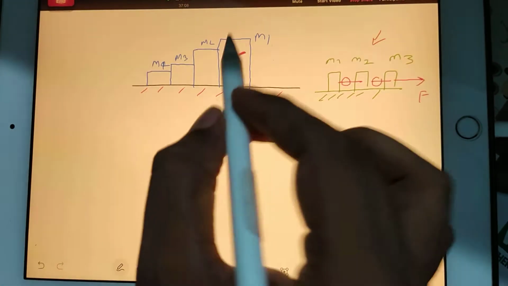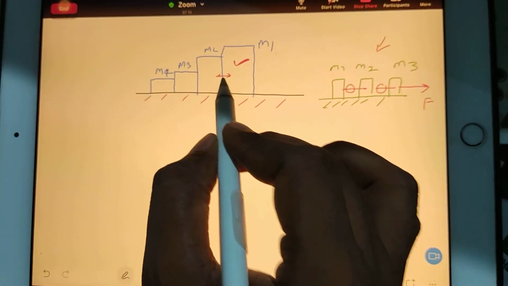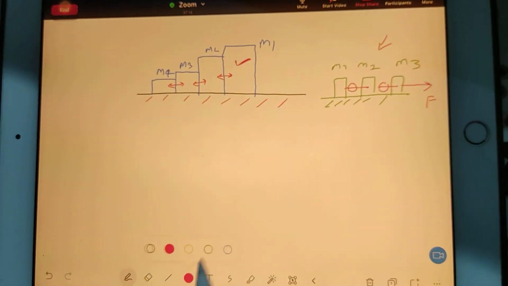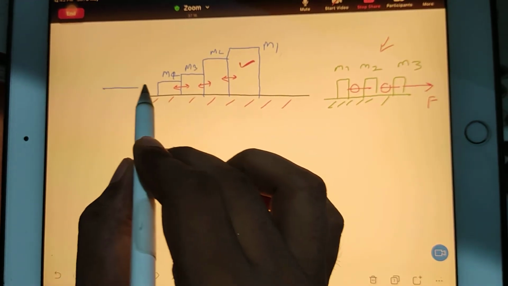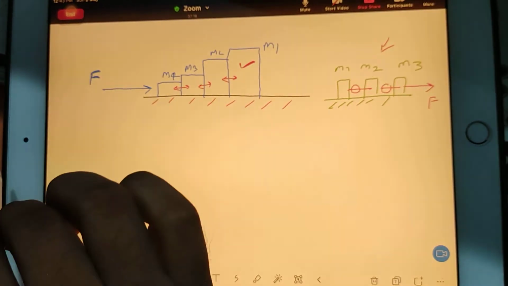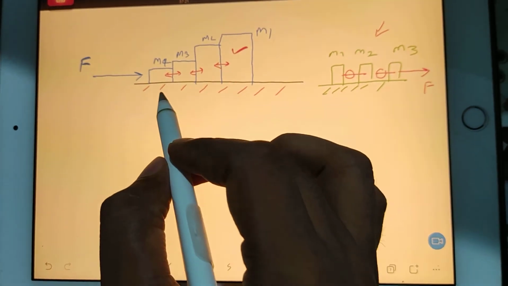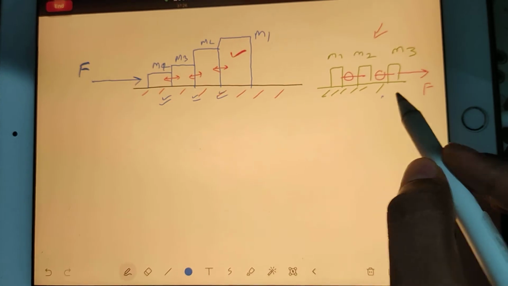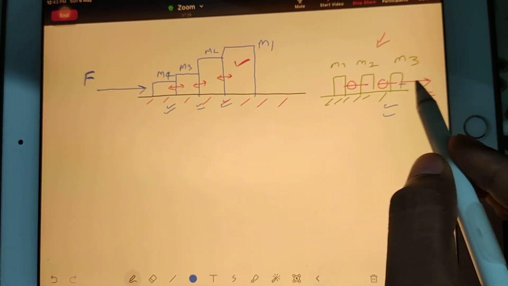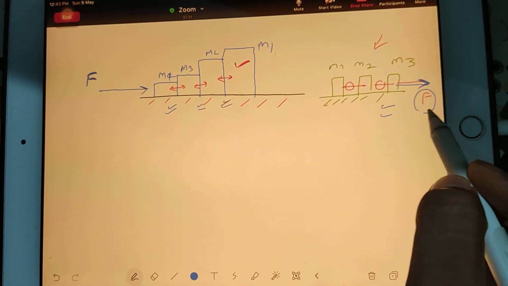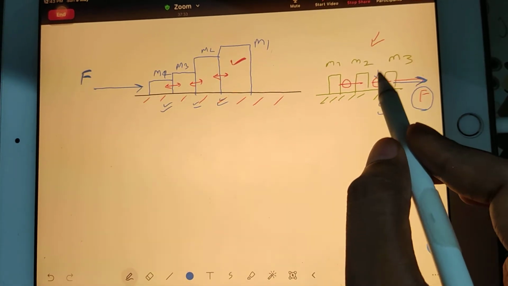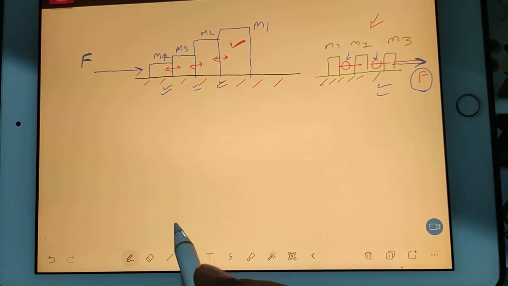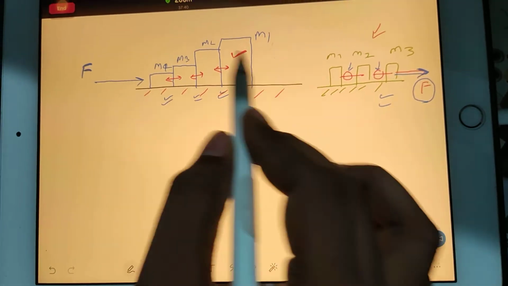And in the first diagram, we have to find out the reaction force here, here, and here. So in the first diagram, I am pulling the object in this direction with force F. So my job is to understand how much reaction I am creating at every contact. And in the second case, I am pulling the system with the help of a rope by applying force F. So I can ask the tension here and the tension here. Okay, so let's understand how to tackle this. For that purpose, first I will explain the first diagram.